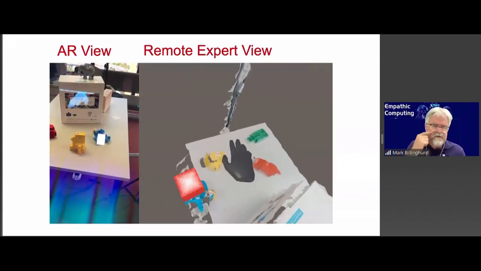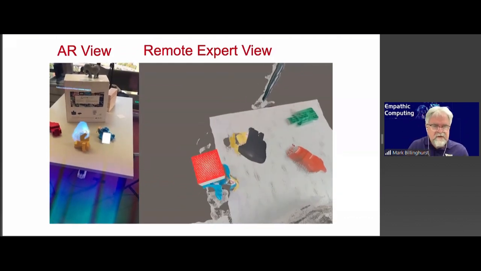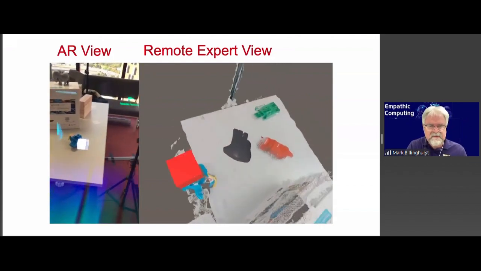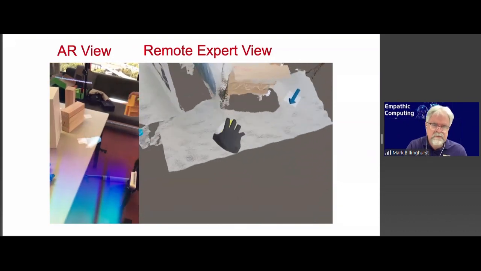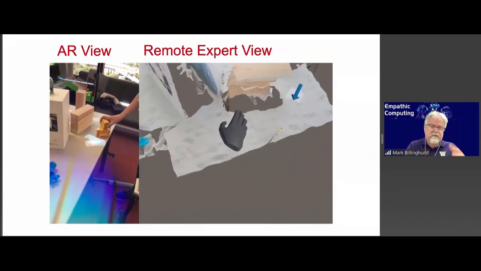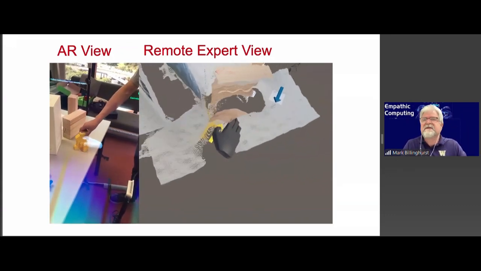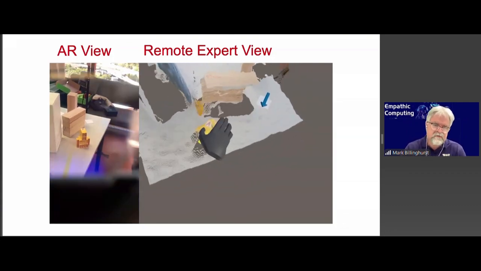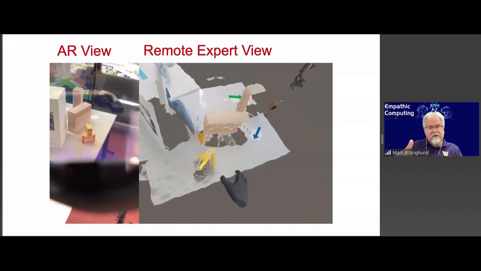You can see the left-hand side is the AR view, the right-hand side is the person in VR. When they're gesturing to pick up the yellow object, the person picks up the yellow object, it disappears from the AR VR scene, and they're saying put it down over here, and they can now put the yellow object down and sees it appear again. And for the person in AR view, they see the remote user's hand gestures as a blue virtual hand icon. So it becomes a very, very natural way to collaborate together. And unlike the previous version, we have a 3D model of the environment the person can walk around.